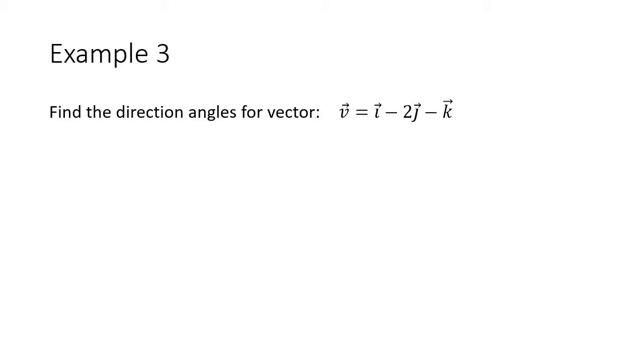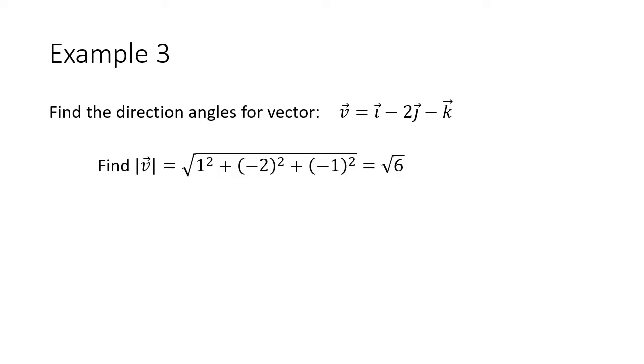Well, the first thing I need to do is find the magnitude, because we know that that's going to be part of each one of my calculations. So find the magnitude of v. Again, pause the video. Did you find the magnitude of v? I hope so. It's the square root of 6. If you're skipping that step and not actually calculating this yourself, man, are you setting yourself up for quite a bit of failure, because the only way you get better at something is practicing it, and this is your practice. Now, once I know the magnitude of v, it's a pretty straightforward process to find all of my direction